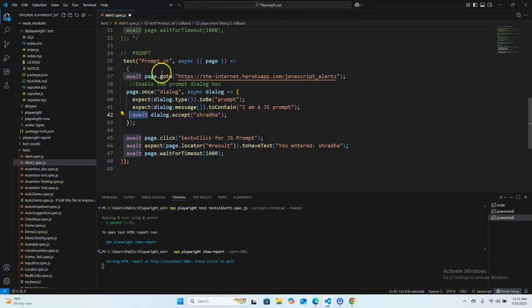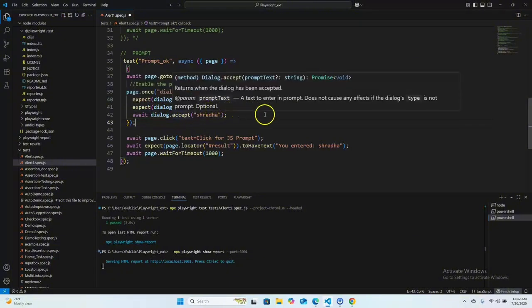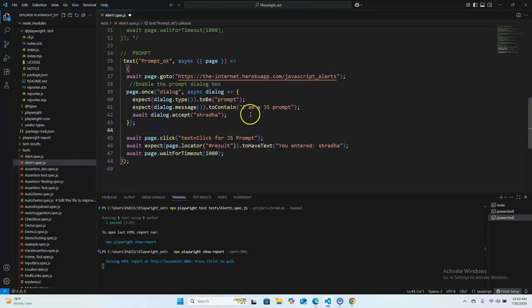Here, line number 39 to 42, I'm enabling this before actually finding the locator. So before that, whatever event we are doing and whatever validation we need to do, I'm writing all the steps here. After that, you can see all these scripts. First we have the type, and the to-be method I have written, and then after that the message, validate the message, and once we provide some data inside the input box,